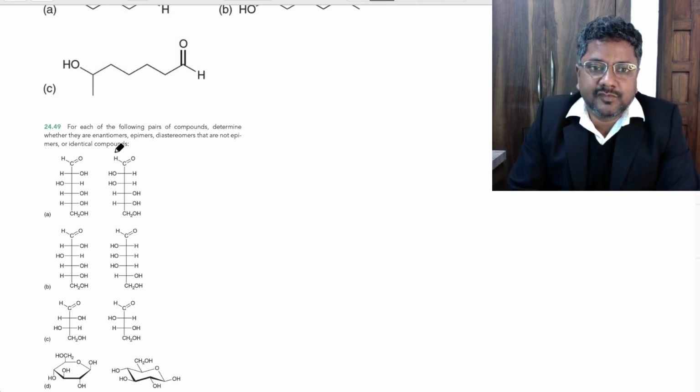For each of the following pairs of compounds, determine whether they are enantiomers, epimers, diastereomers that are not epimers,